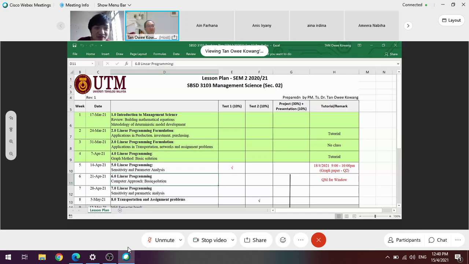Next Monday, you must make sure that your QM for Windows is ready. We're going to solve the linear programming using QM window. We're also going to talk about the sensitivity analysis result from QM window. We can cover chapters 6 and 7 in a week, in fact. It will be quick, because with QM for Windows, when you click a button, your basic solution, your sensitivity, your dual value, everything will be there. Then next week also, I'm going to brief you on your project and individual assignments.